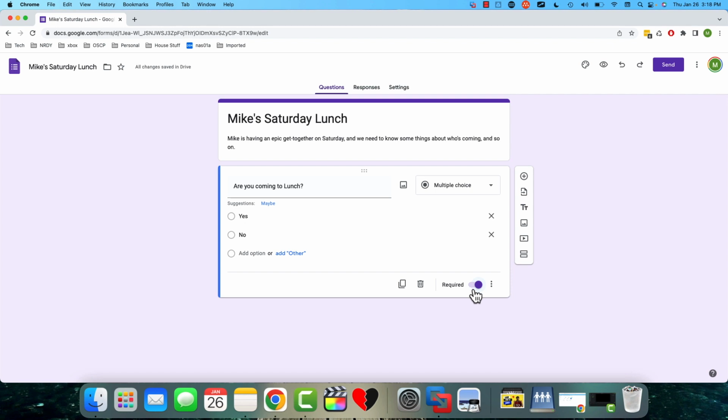But it's very important that we know who's coming to lunch, so we're going to leave it on. That looks good. If we don't like any of those responses, by the way, we could also remove them right here and change them and add them, that sort of thing. This looks good though. So in our case, to create another question, we'll go ahead and click this plus right